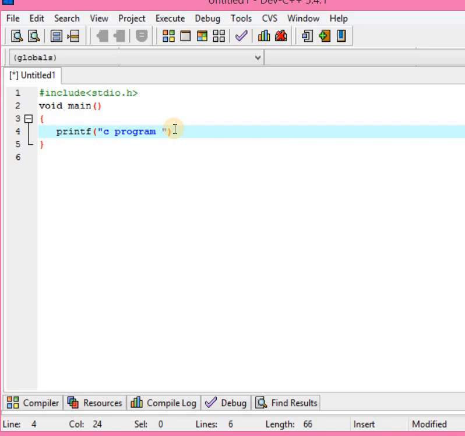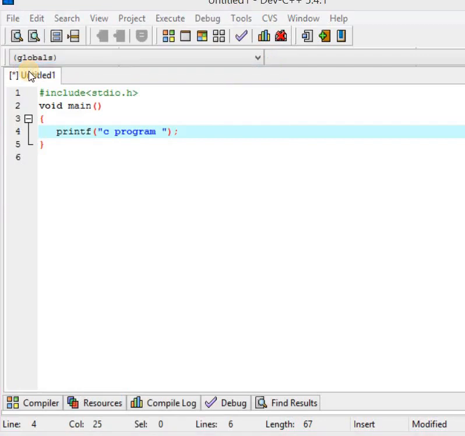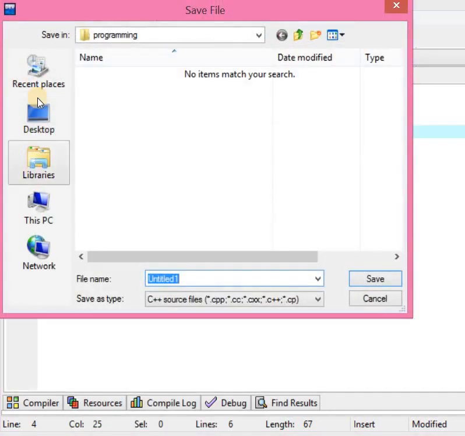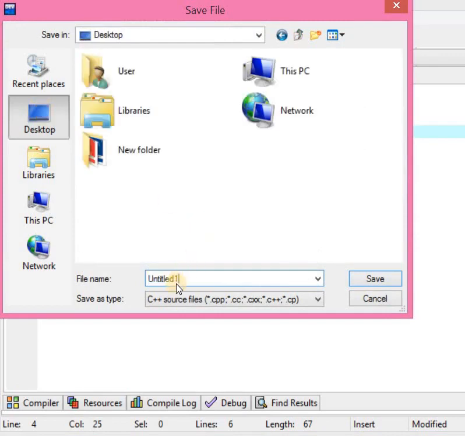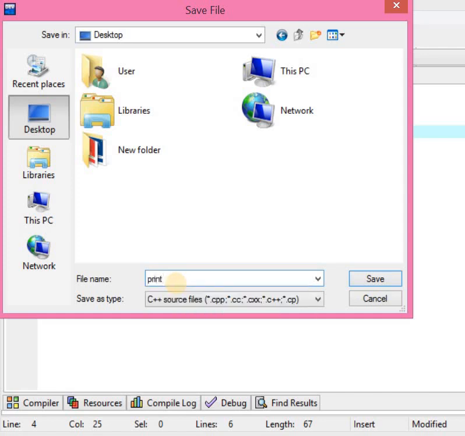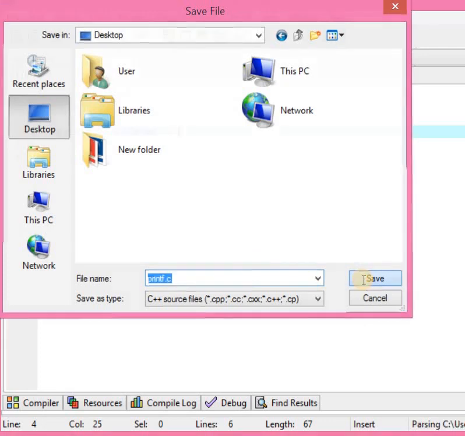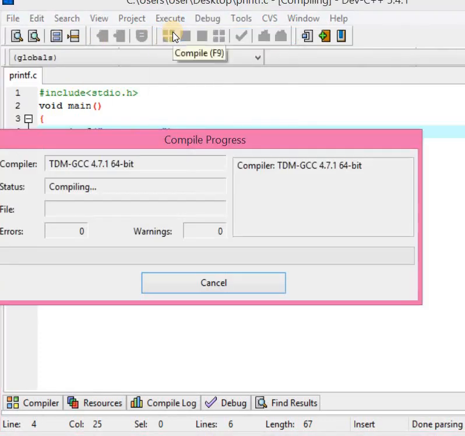After that semicolon terminates the statement. Save the program: file, save, on the desktop. Printf.c, where .c is the extension because I am writing a C program. Save the program, execute, compile.